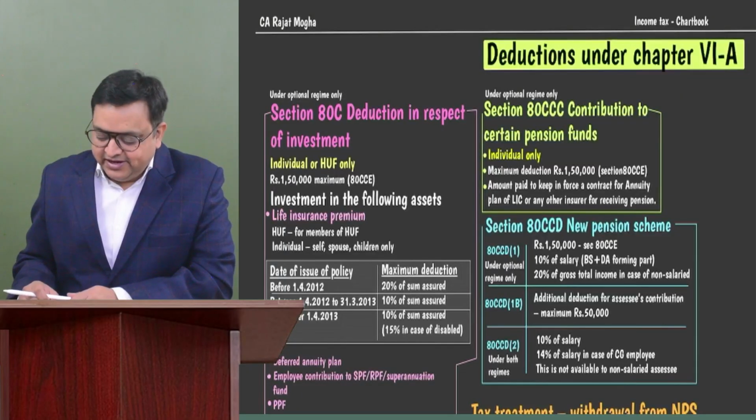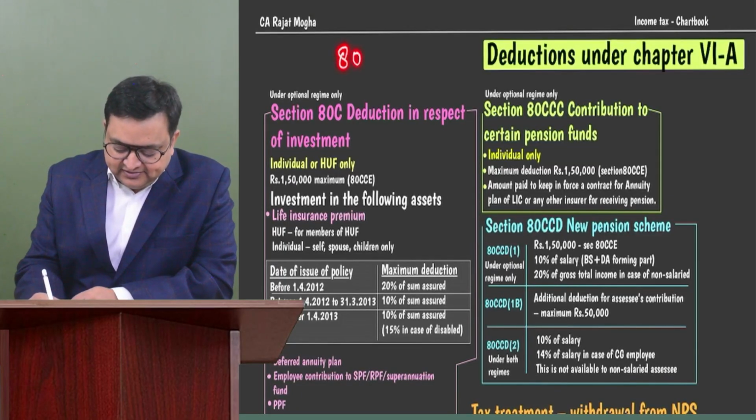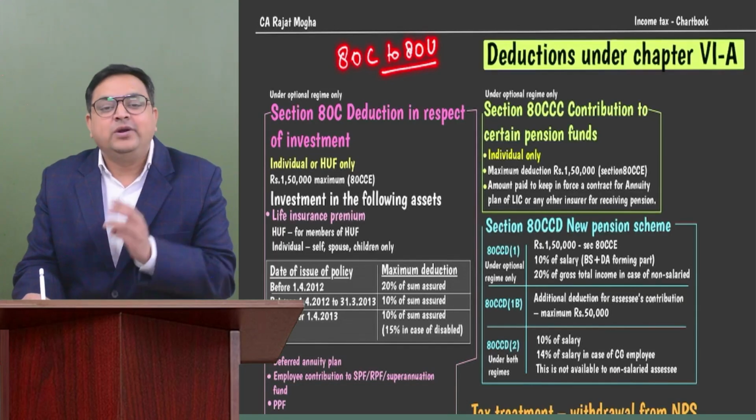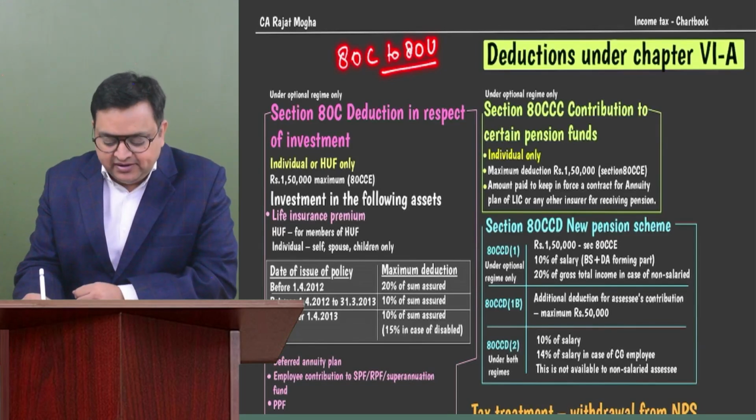Let us start with the deduction chapter, section 80C to 80U. We understand these sections 80C to 80U are mainly available under optional regime, right? They are not available under default regime. Only three sections for us, which are available under default regime, are